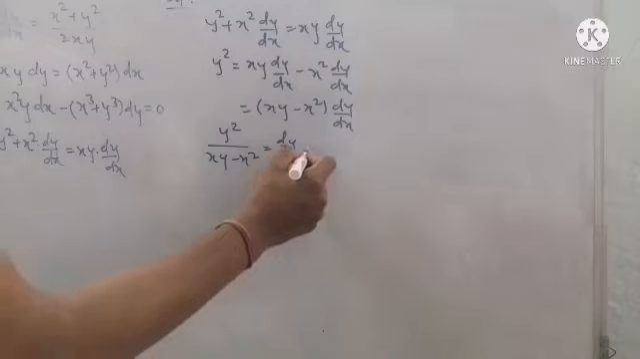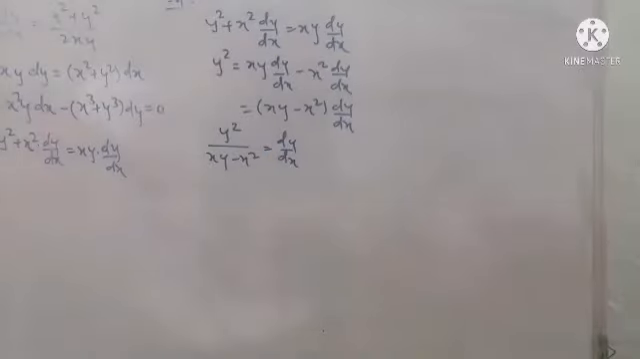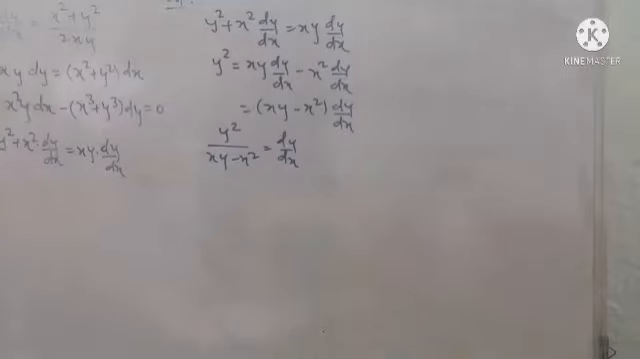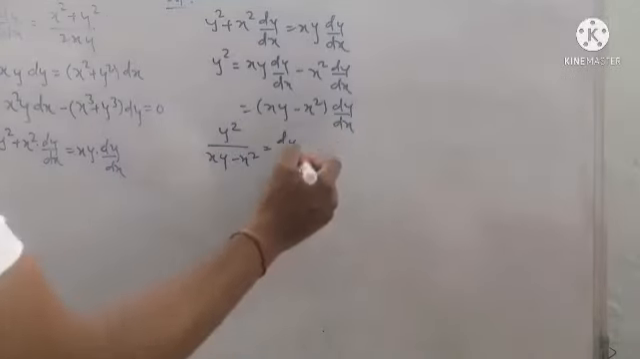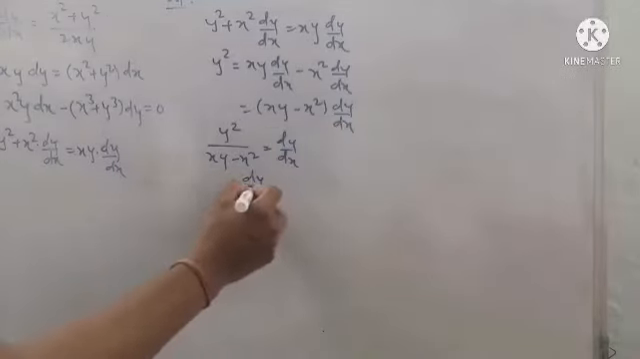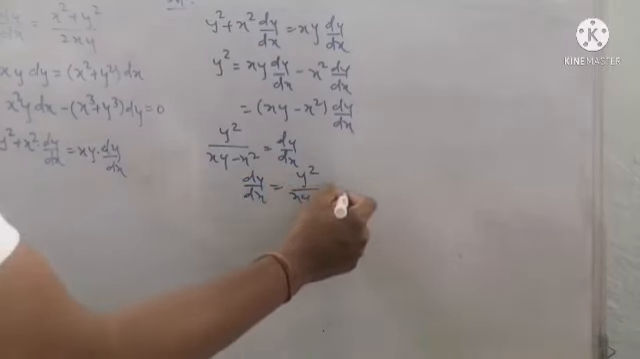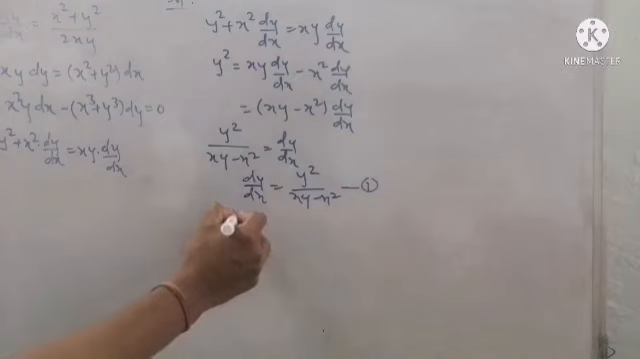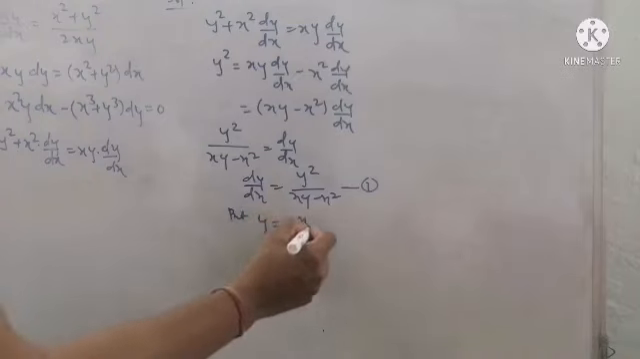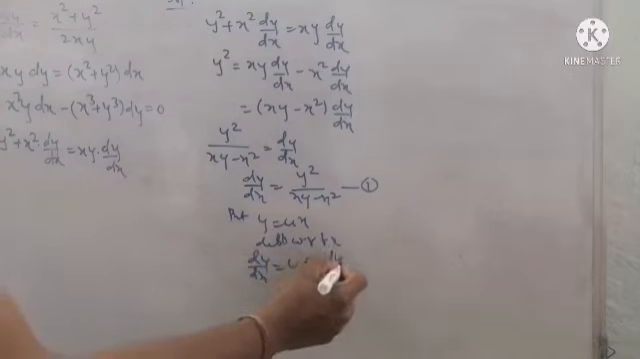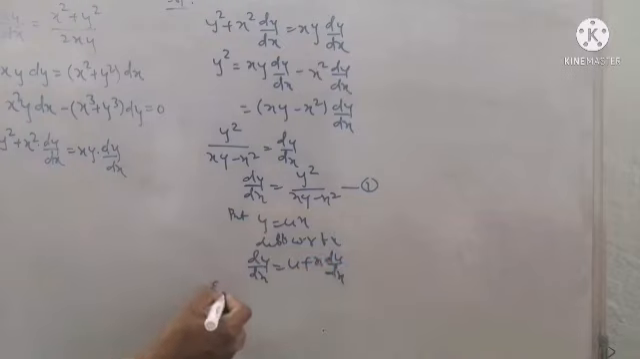Now you can clearly see this is a homogeneous differential equation, as dy by dx is separated into homogeneous terms of x and y. So put this as dy by dx is equal to y square divided by xy minus x square, as number 1, and put y is equal to ux and differentiate with respect to x, so we get dy by dx as u plus x into du by dx. Now equation 1 becomes